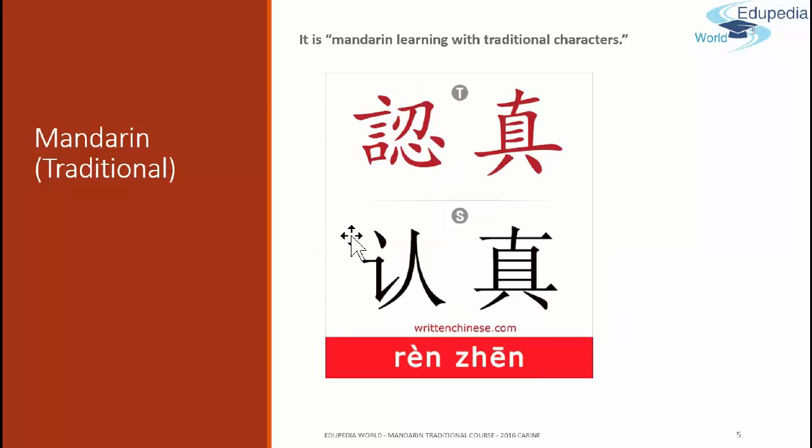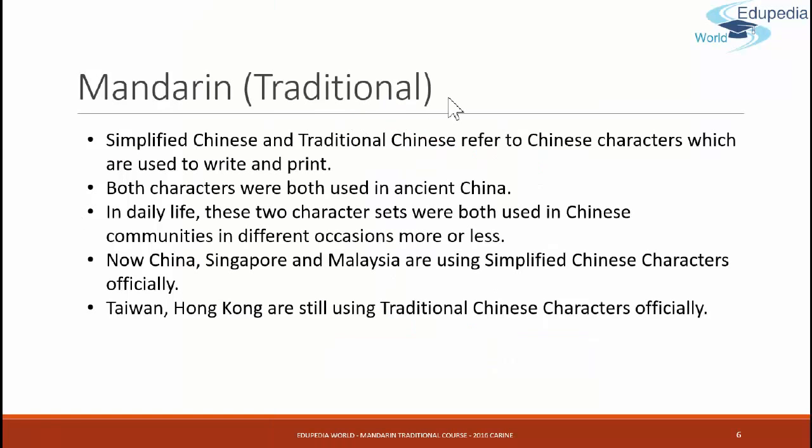It is Mandarin learning with traditional characters. The upper characters are traditional and the lower are simplified. For our course, we will use traditional characters. Here we go, Mandarin Traditional. We have some information on the difference between simplified and traditional characters. You can go to the link I provide in the last part of this video, so you will see it